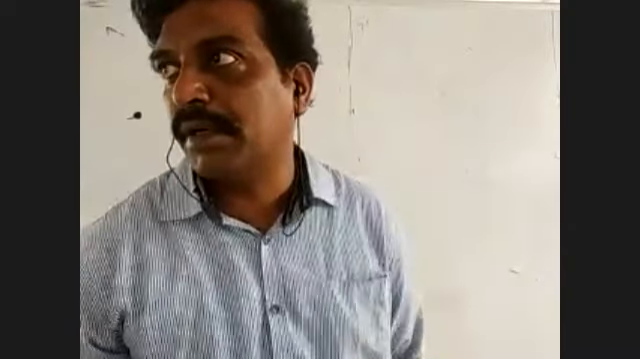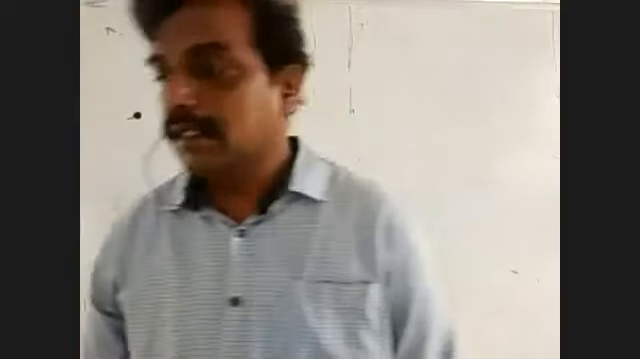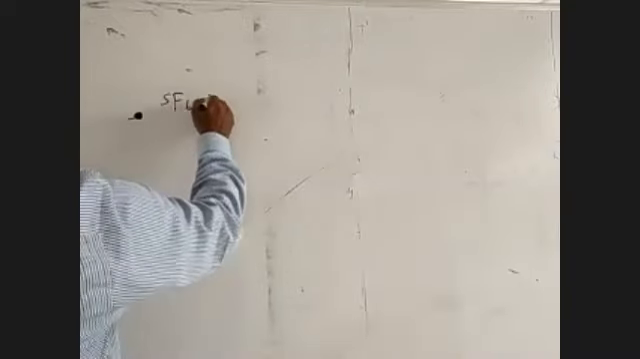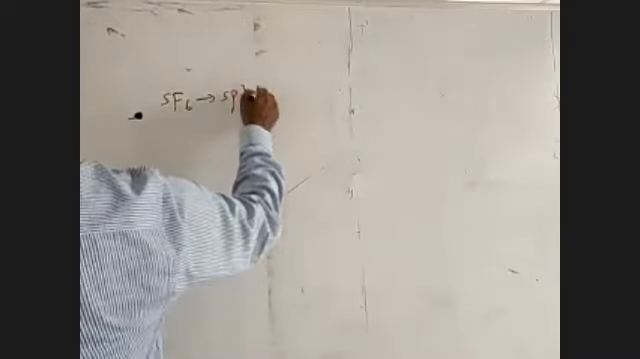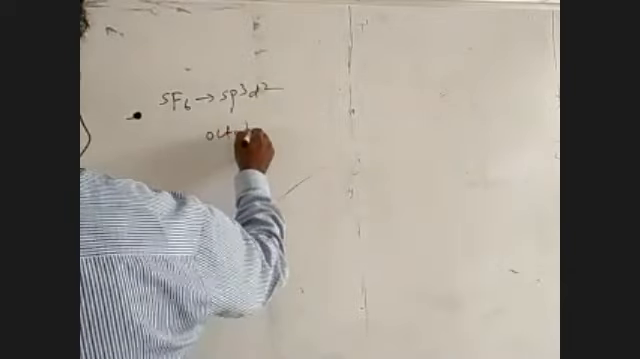In the last class, we discussed the structure and hybridization of halides. Among the hexafluorides, we have to take SF6. In the SF6 molecule, sulfur undergoes sp3d2 hybridization, and the geometry and shape of the molecule is taken as